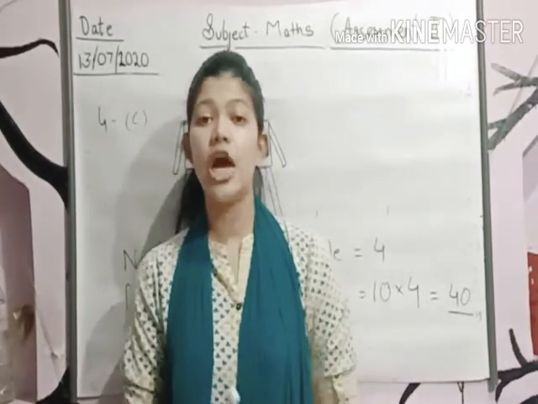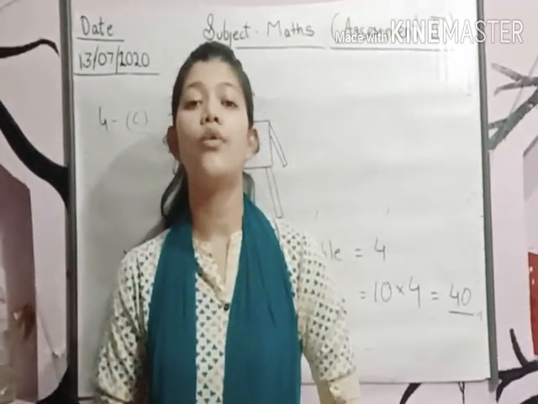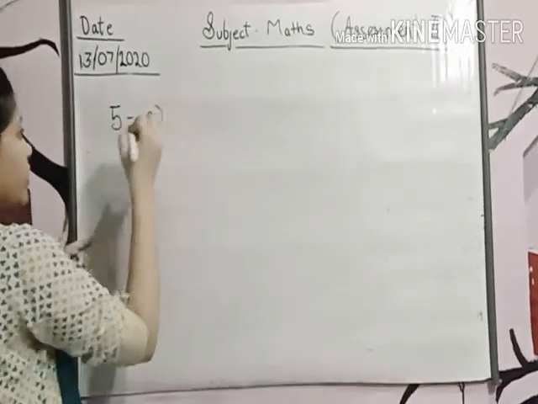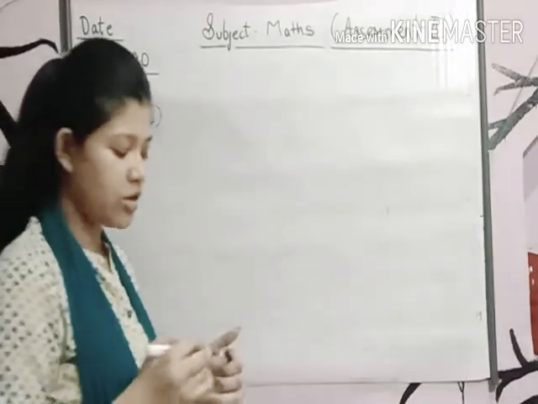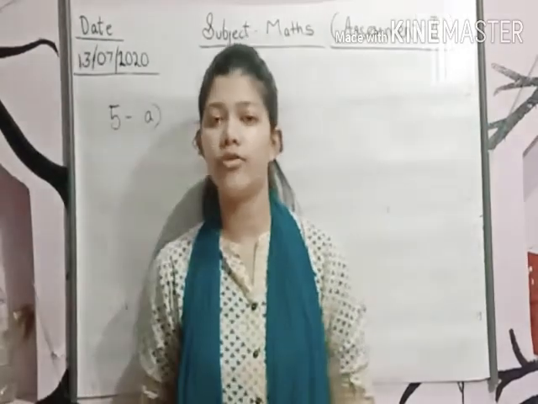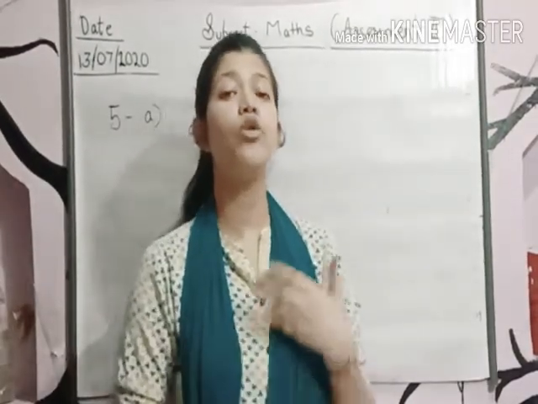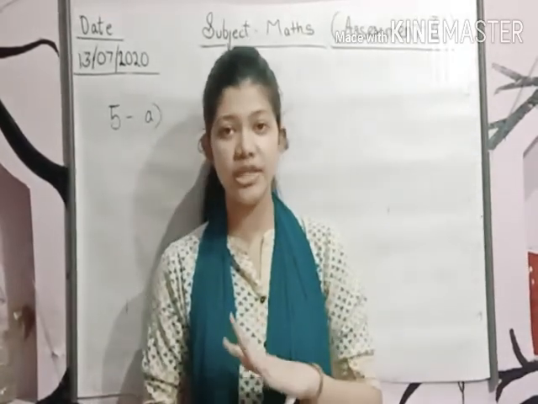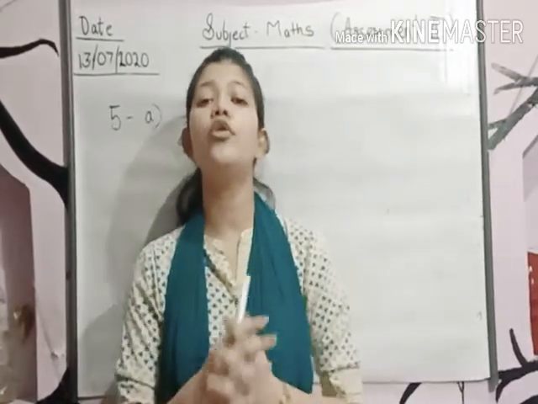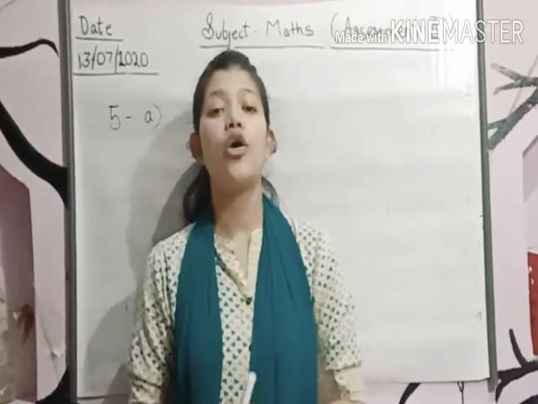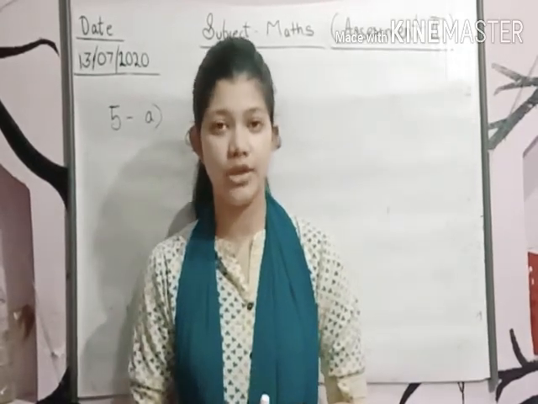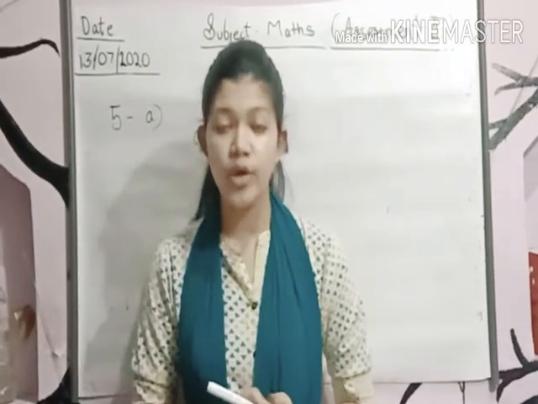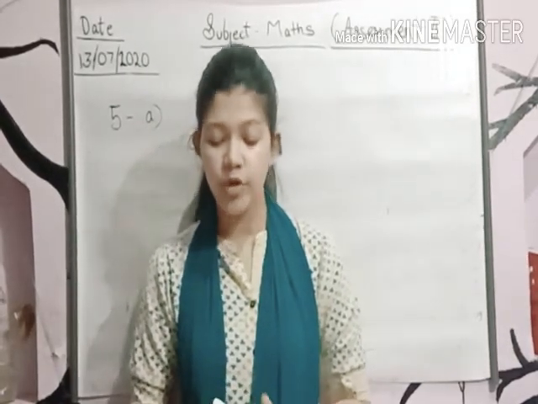Count forwards. Now we will learn how to count forward. 5A. Counting forward. Now see, what you mean by counting forwards? Forward means to move. Forward means to move towards the next number. We know this, but here we have to count forward according to the given table. Okay, so let's start. First one, count forward by 4s from 4 to 40.